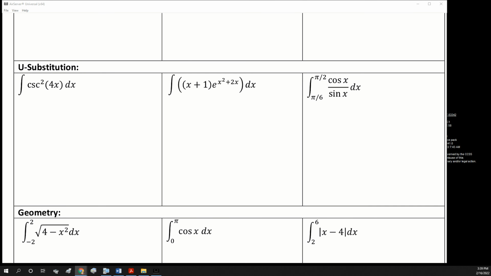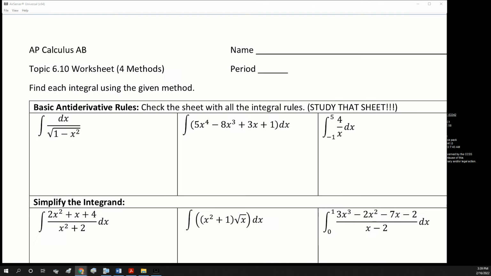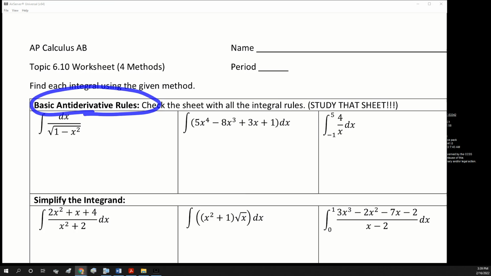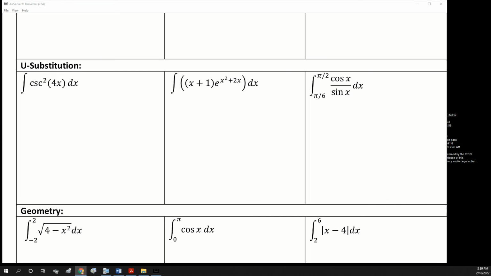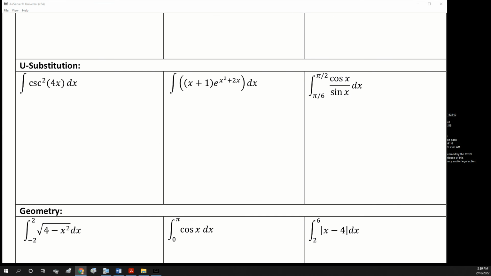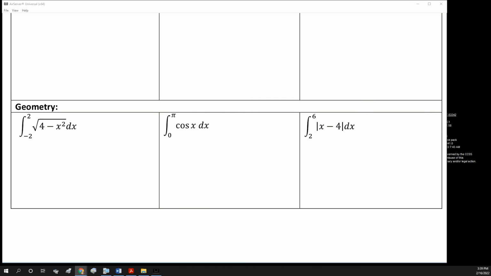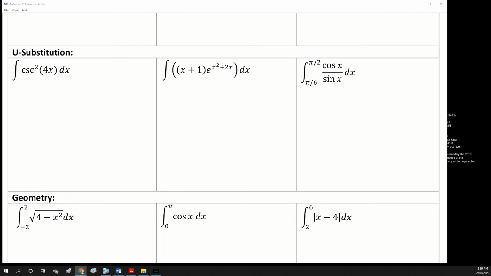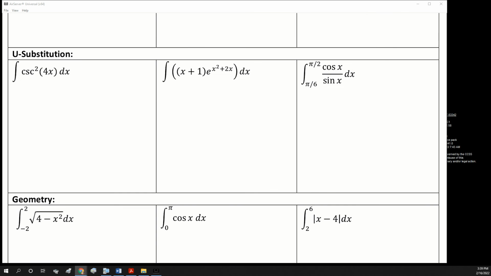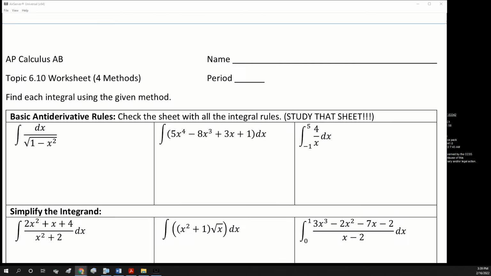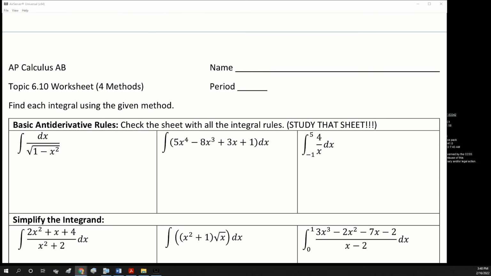This one right here, if you use a rule for what cosine of x or sine of x is, you can, and then you go back and you look at this, you could do it. It's just making sure you have that memorized in the long run. And then the last 3, I want you to use geometry to do them. And then tomorrow we'll practice on you deciding what method would be